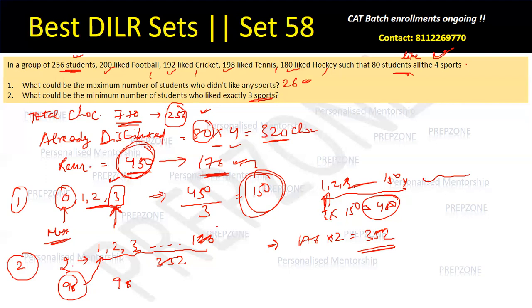तो क्या होगा, आउट ऑफ 176 में से 98 स्टूडेंट्स जो होंगे उनको तो मिल जाएगी तीन चॉकलेट्स, राइट, ये क्लियर है। एंड जो लेफ्ट ओवर नंबर होगा 78 स्टूडेंट्स का, इनको मिलेगी दो चॉकलेट्स। नाउ आवर क्वेश्चन सेज कि व्हाट वुड बी द मिनिमम नंबर ऑफ स्टूडेंट्स हु लाइक एग्जैक्टली थ्री स्पोर्ट्स। तो मिनिमम कितना होगा, मिनिमम हैज टू बी 98, राइट, बिकॉज 98 चॉकलेट्स होगी ऐसी व्हिच गिव्स 98 स्टूडेंट्स ऐसे होंगे जिनको कम से कम तीन चॉकलेट्स तो मिलेगी।